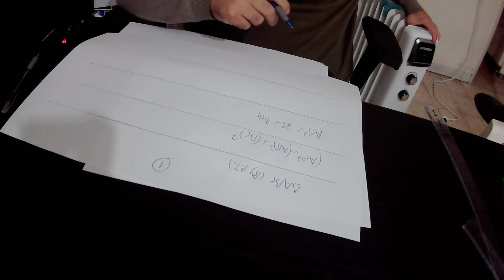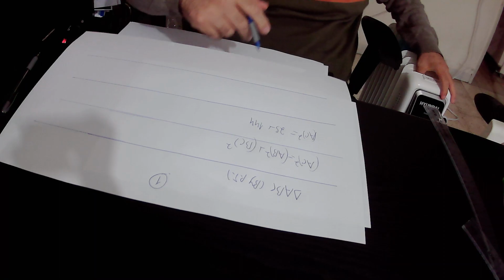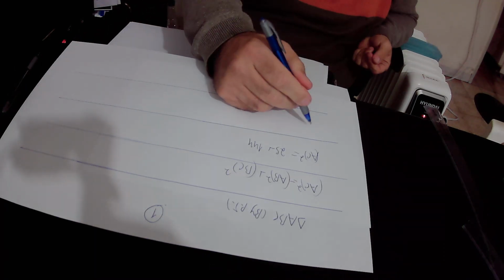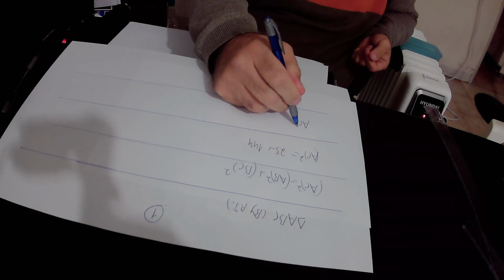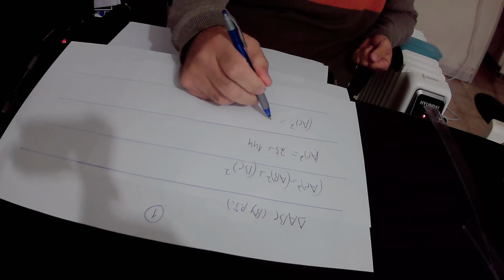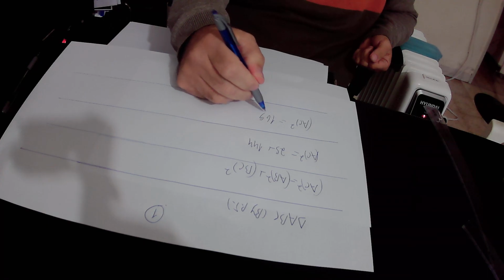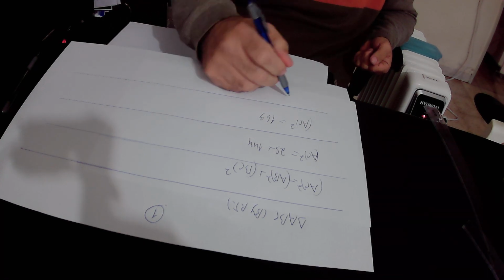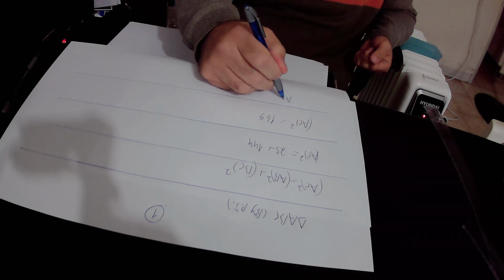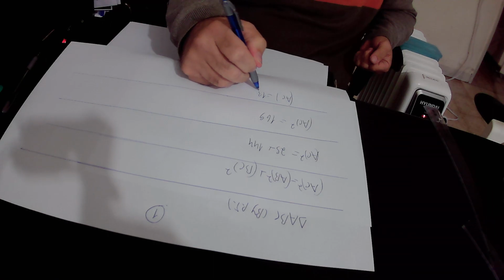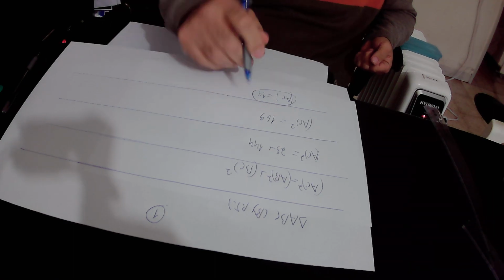So we found that AC squared equals 25 plus 144, which is 169. AC squared equals 169. We take the square root of this equation and we get that AC equals the square root of 169, that is 13. So the hypotenuse AC